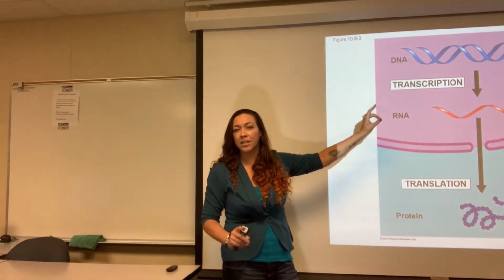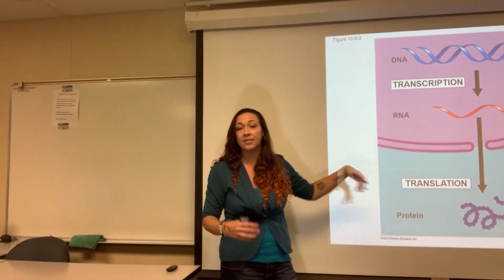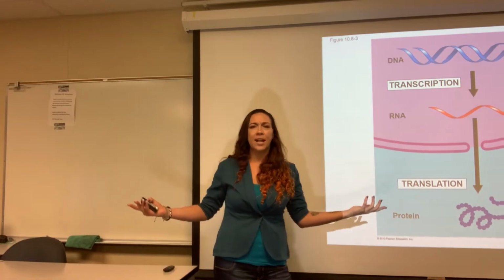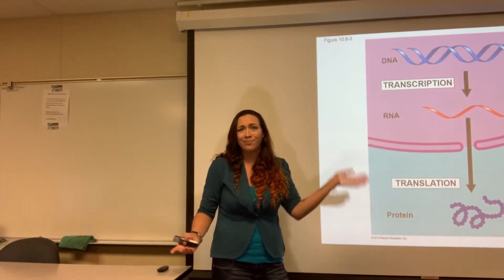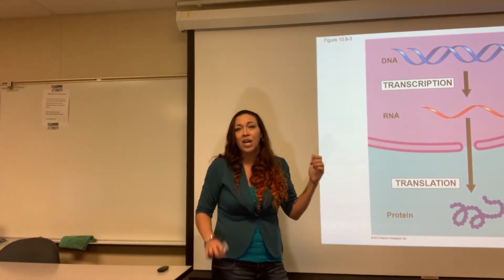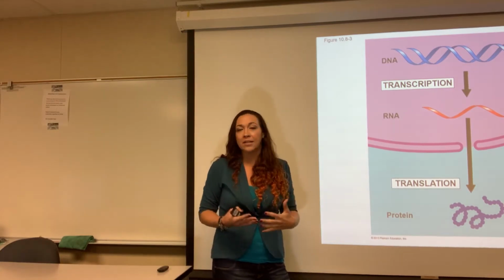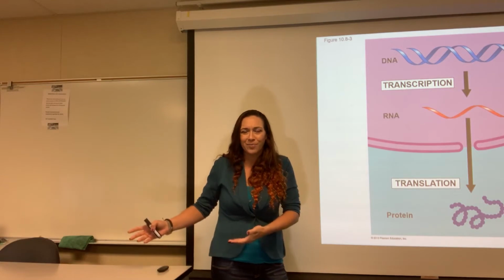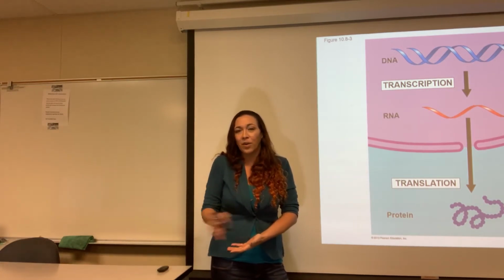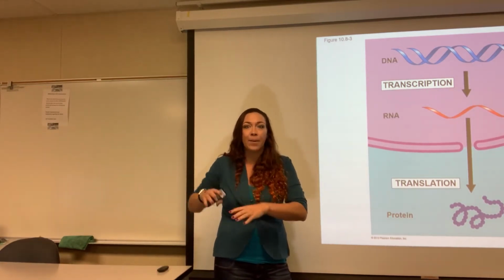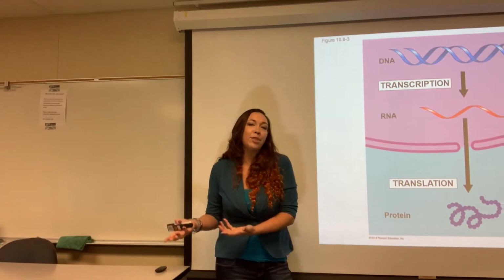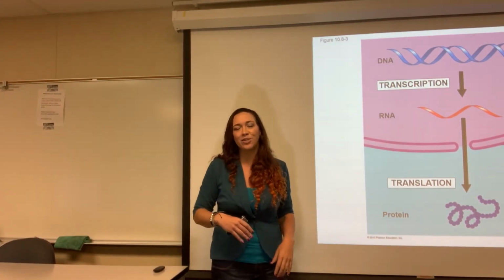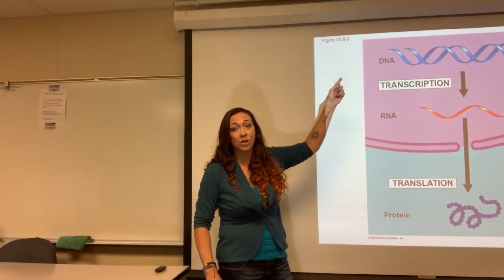But now our single-stranded RNA can come out of the nucleus safely, because what's the worst thing that's going to happen? Someone breaks our RNA, just make more. You have all the DNA you need. So even when we're making this copy, if something goes wrong, it's not that bad because you can always make new RNA, right? If you're reading the DNA and something funny gets made into maybe the wrong RNA, it's okay, you can scrap it and just make a new one because you have your master copy that's safe